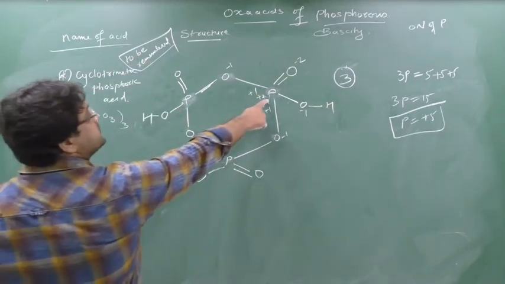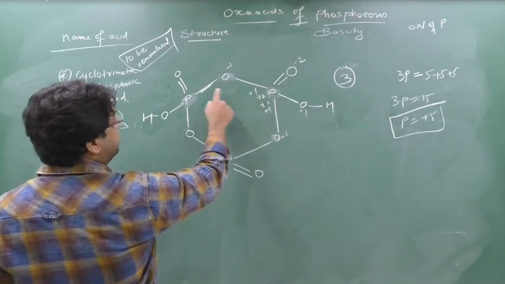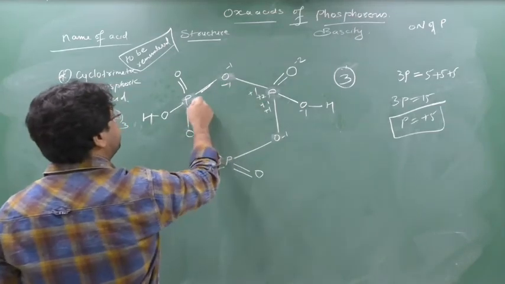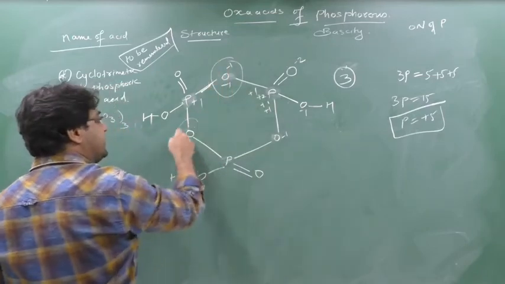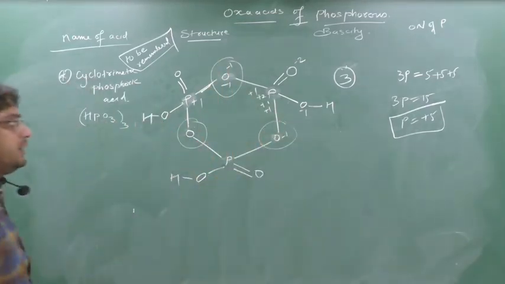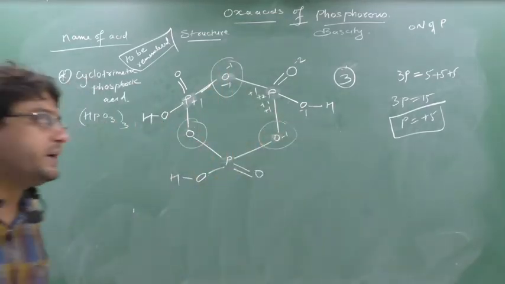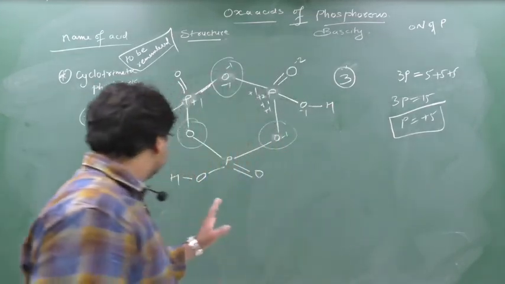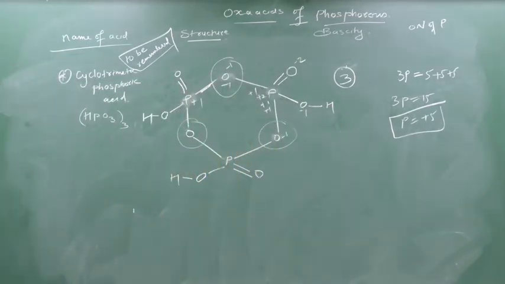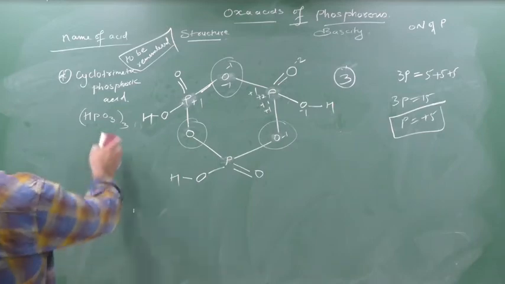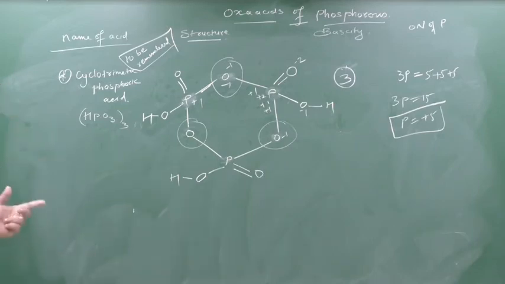From this phosphorus and this oxygen, here -1, here +1. From this phosphorus and this oxygen, -1, here +1. So all the oxygen will create only -2 charge. Means there is no peroxide, all are oxides. Clear? Clear this portion? Okay, last you write down polymetaphosphoric acid. Take a screenshot. It's very important. Done? Okay.